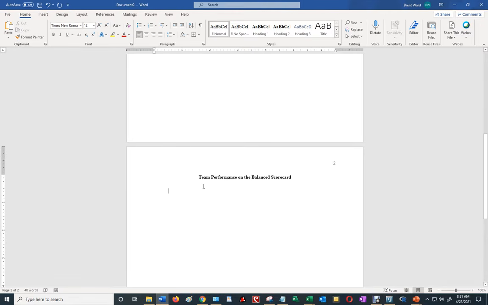Then you would start putting in your headings. So see how I took team performance on the balanced scorecard? That's formatted as a normal font to keep it out of the table of contents, but I made it bold and I also centered it. Okay, then after that you're going to have balanced scorecard performance